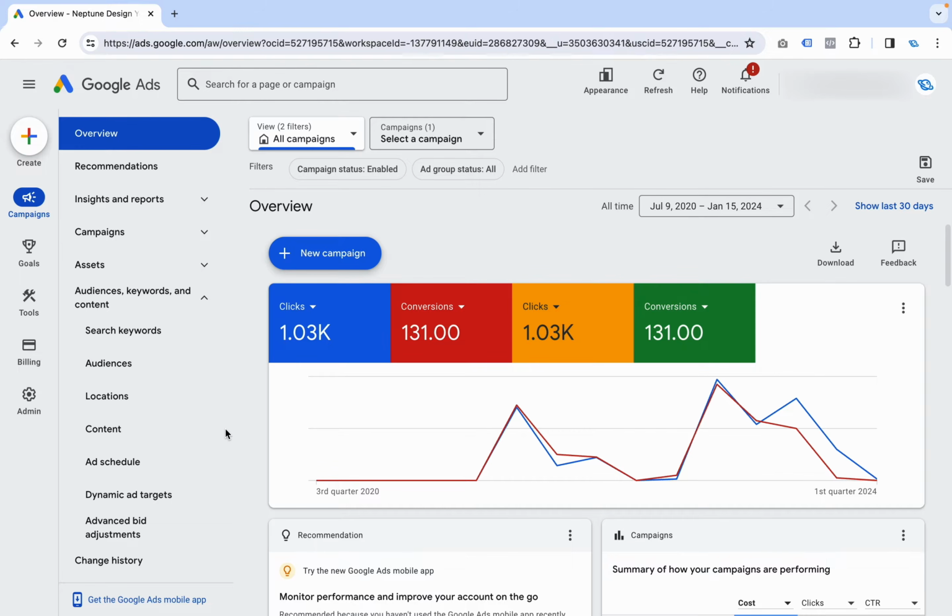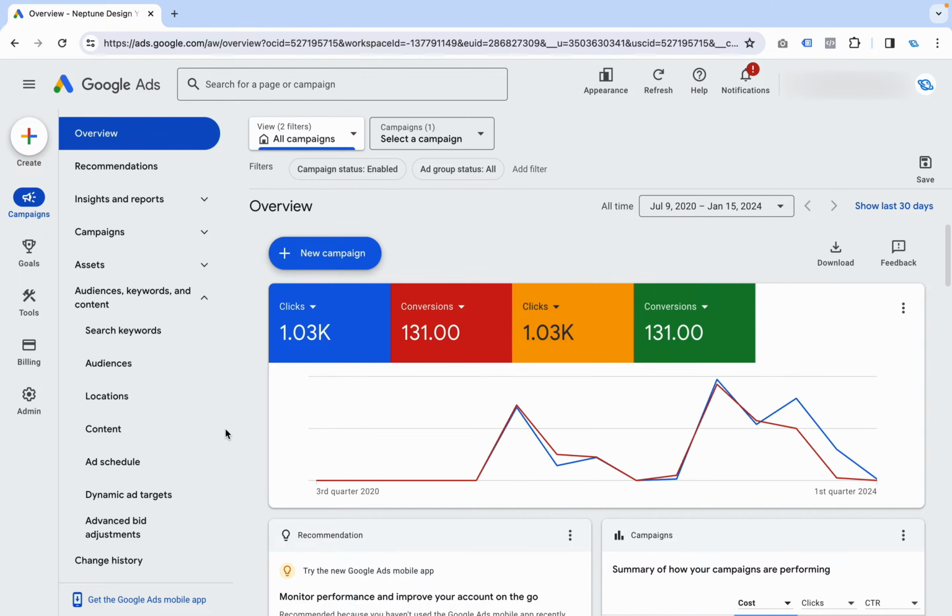So anything to do with your account that affects your whole account, that affects every single thing, you'll probably find it in here. For example, if you want to change your credit card and you know your credit card is going to affect the whole ads campaign, you're going to find it in the far left-hand side tab. If you want to change your language, not sure why you'd want to, but let's say you do, you'd probably find it on the far left-hand side. Also, if you find that your leads are not tracking, if there's any problem with your conversion tracking, you'll probably find it on the far left-hand side tab because that's where your system settings are.